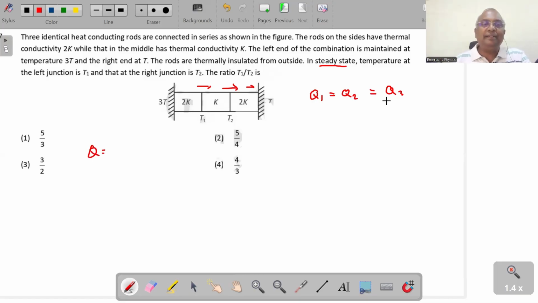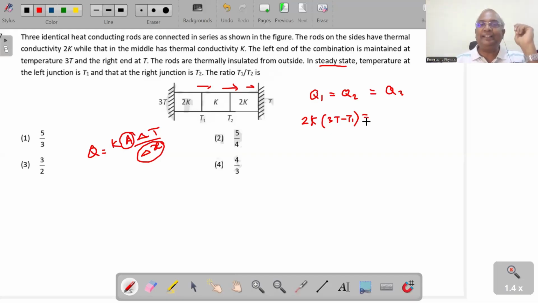Qக்கு ஃபார்முலா K into A into del T by del X. In all three cases, area எல்லாம் சேம் தான், எல்லா ஒயரும் சேம், இப்போ கேன்சல் ஆயிடும். அப்போ ஃபர்ஸ்ட் கேஸ்க்கு ஃபஸ்ட்டு அந்த ராடுக்கு தெர்மல் கண்டக்டிவிட்டி 2K, டிஃபரன்ஸ் இன் டெம்பரேச்சர் 3T minus T1. புரியுதான்னு பாருங்க. இதில் ஃப்ளோ ஆகிற ஹீட் ஈக்குவல் டு ரெண்டாவது கண்டக்டரில் ஃப்ளோ ஆகிற